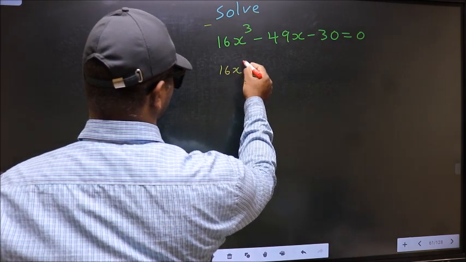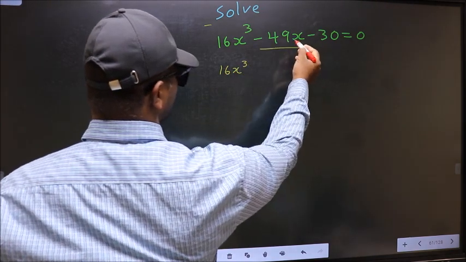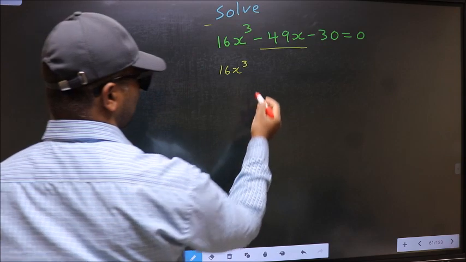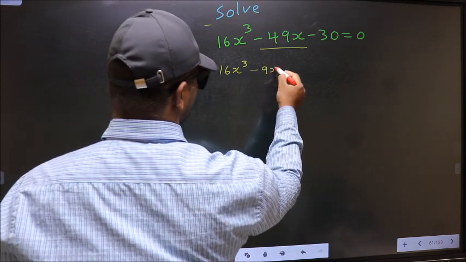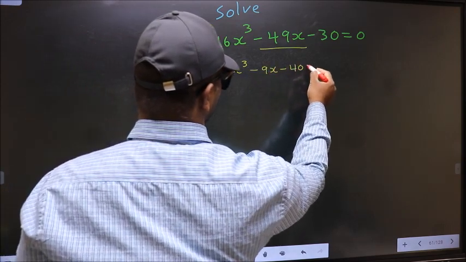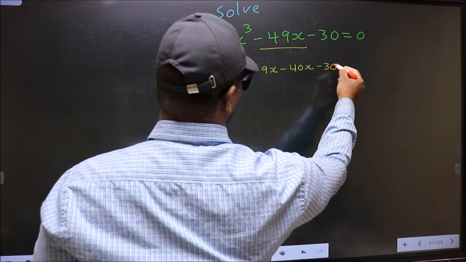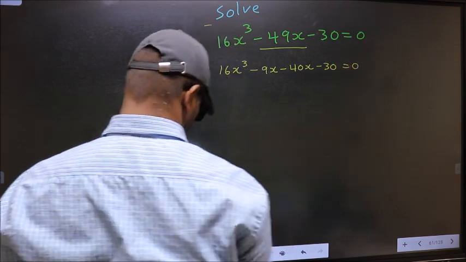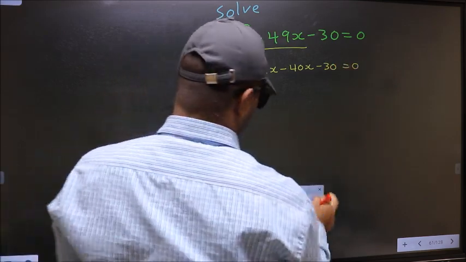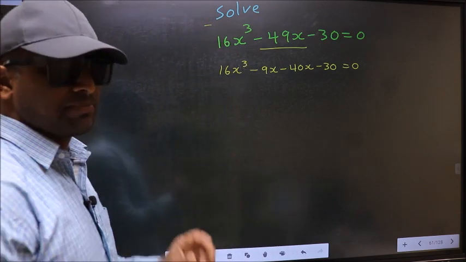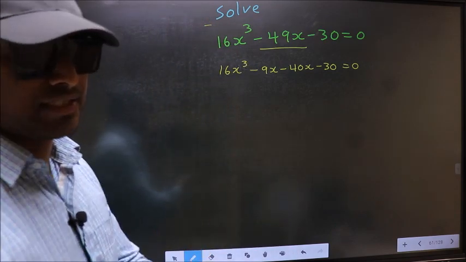16x cube, in place of minus 49x, now I write minus 9x minus 40x minus 30 equal to 0. This is your step 1. Next,